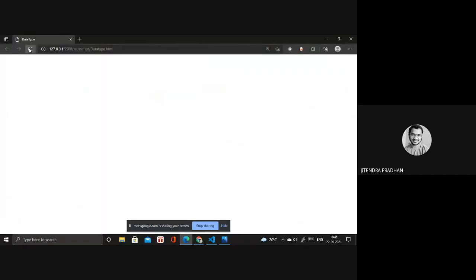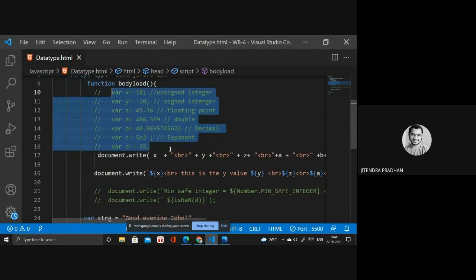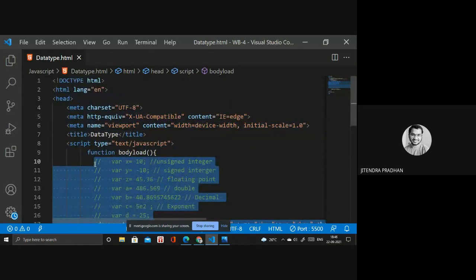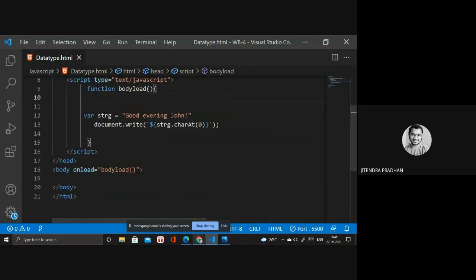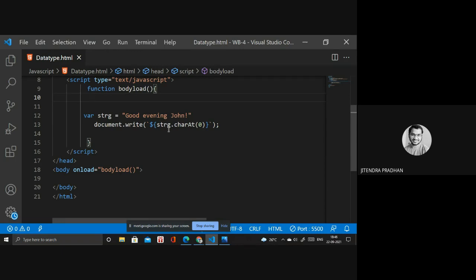It's not coming. Why? Wait, I think I will write the function as well. Not any function. If I remove all these things, let's see if it works. It's not working. I did all these things, so why is it not working?